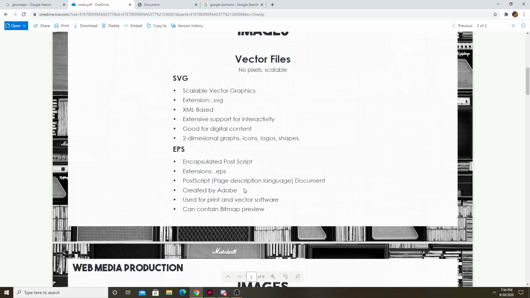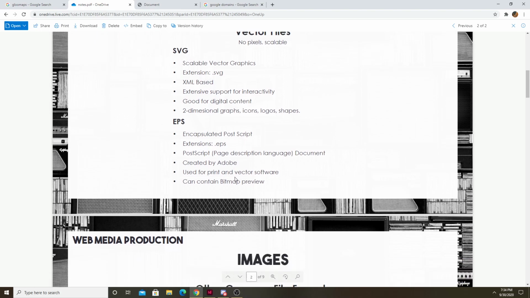PostScript page description language document. Created by Adobe, used for print and vector software, can contain bitmap preview. EPS is usually, I don't know, you could send that to a printer, I guess. If you create a vector file, let's say a store sign or something, you'd probably create it as a vector and save it as an EPS and then